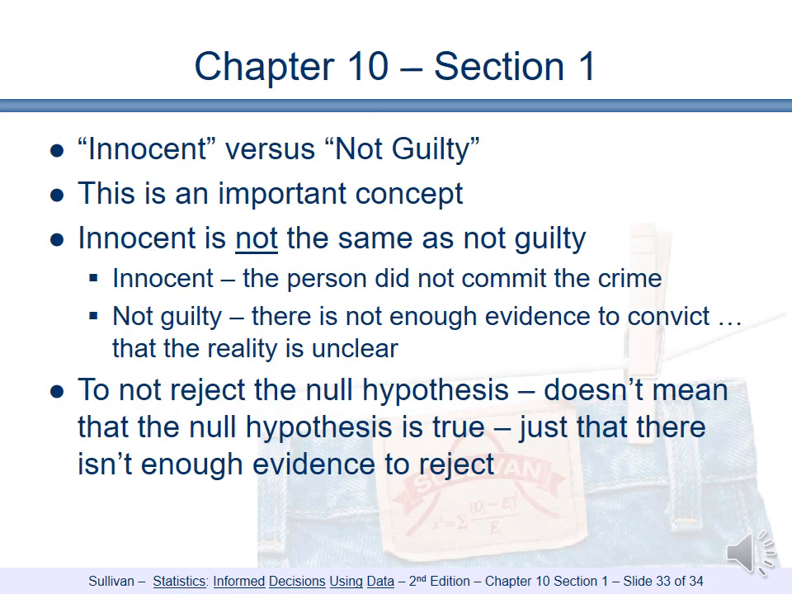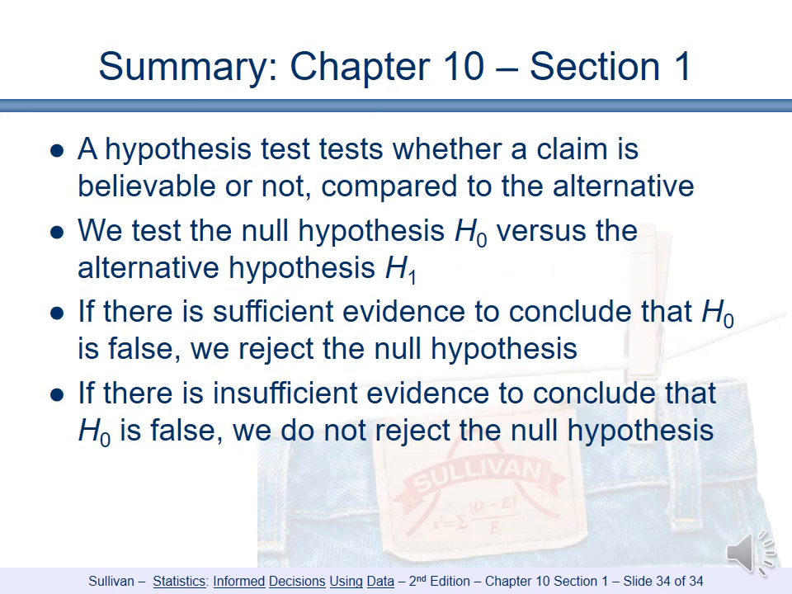Okay, innocent versus guilty, or not guilty. This is important. Innocent is not the same as not guilty. Innocent, the person did not commit the crime. Not guilty, there's not enough evidence to convict. The reality is unclear. To not reject the null hypothesis doesn't mean that the null hypothesis is true, just that there isn't enough evidence to reject it. And again, we have the summary, which